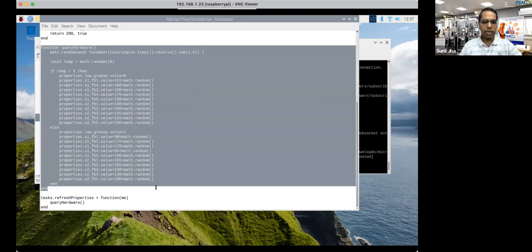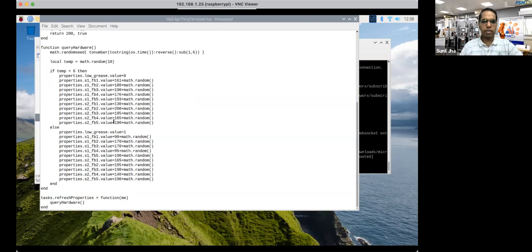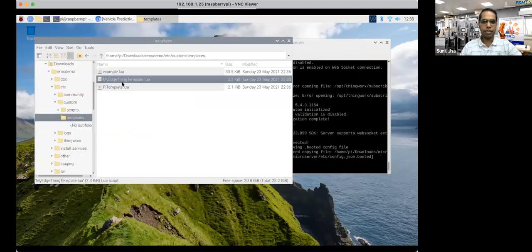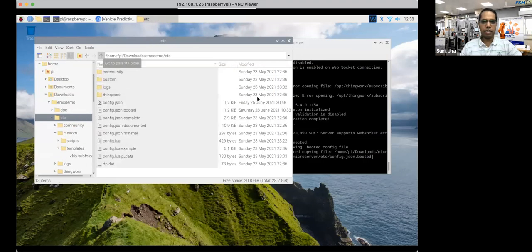It has been put into a timer so that every 1 second it will generate the data which represents actual data. So these are the values in which you will be pushing this data. I think that is what is configured in this template as well as the Lua file, and then you can make it run now.